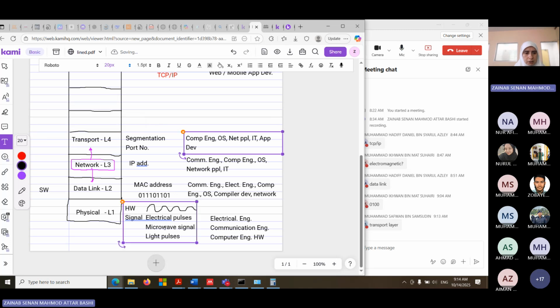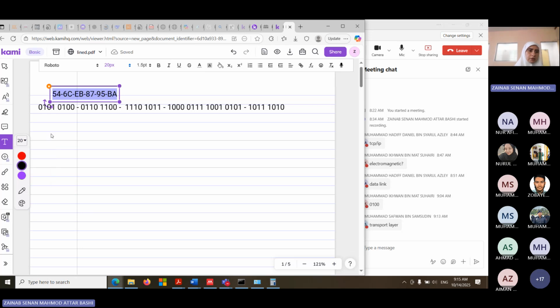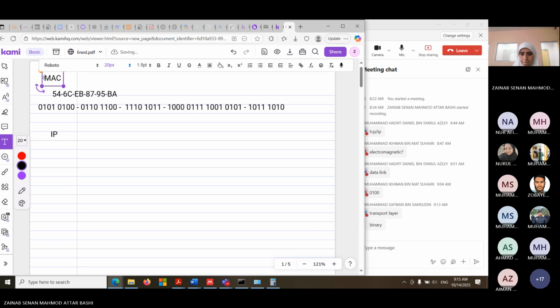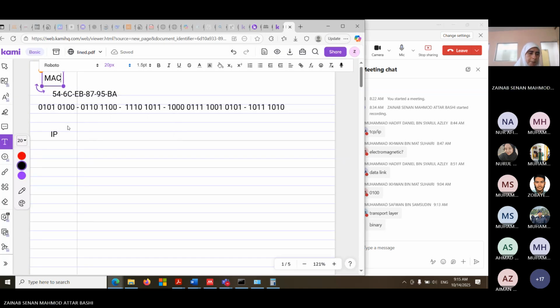Next layer. And here, after this, IP address. How do we write the IP address? Let's go back. If I have an IP address, which numbering system will I be using for it? Binary, hexadecimal, decimal, octal, which one? For binary, for IP address. If I ask you what your IP address is, or we check the IP address here, it cannot be binary, right? The computer will understand it as binary. But when we talk about it, you can see this is my IP address now. It is in which numbering system? Decimal. It is decimal, okay?